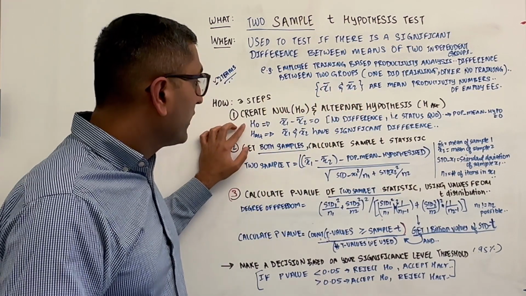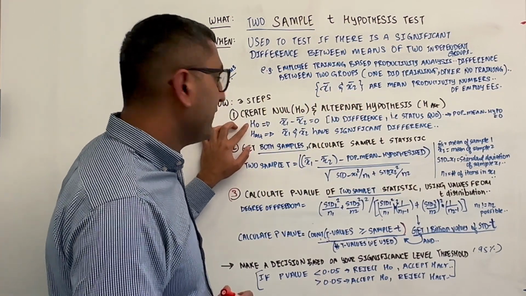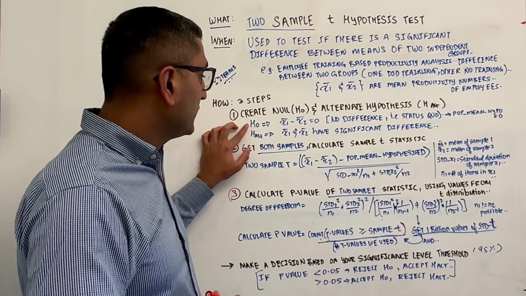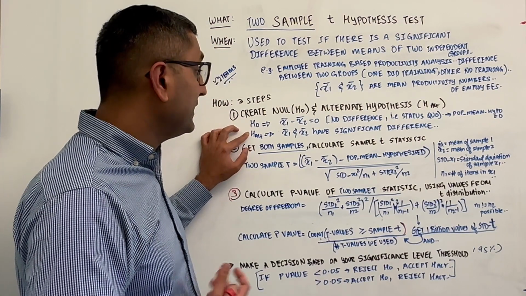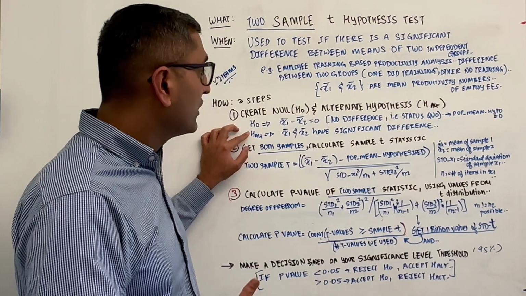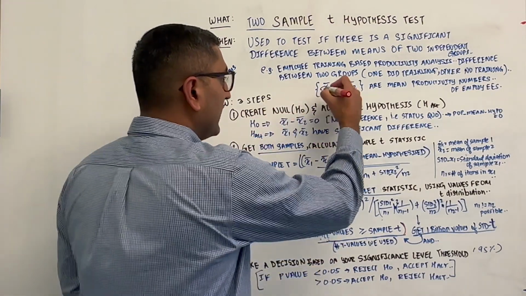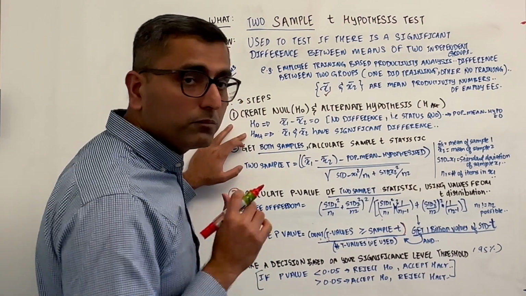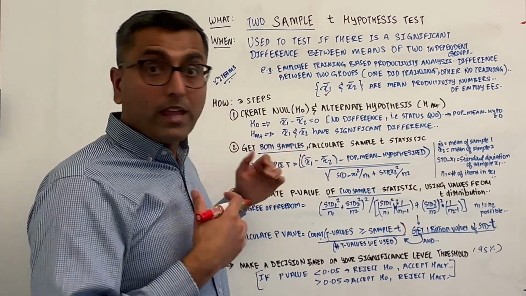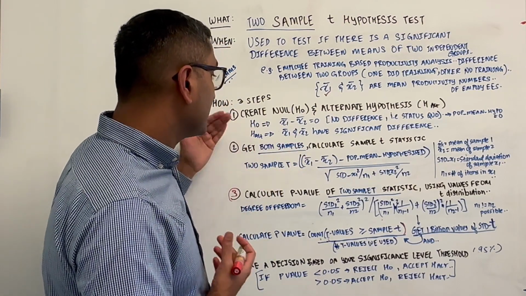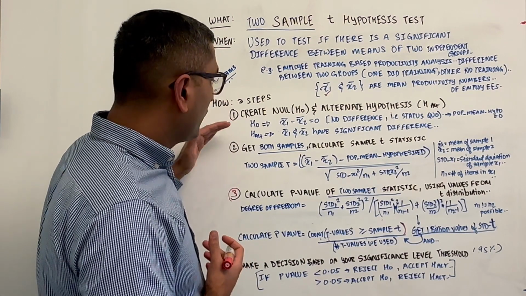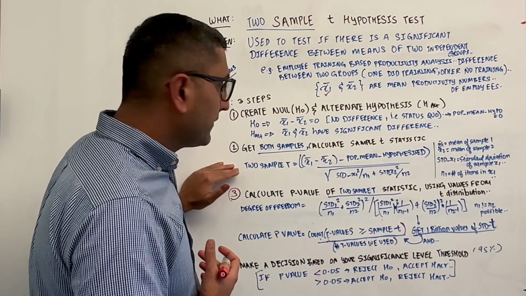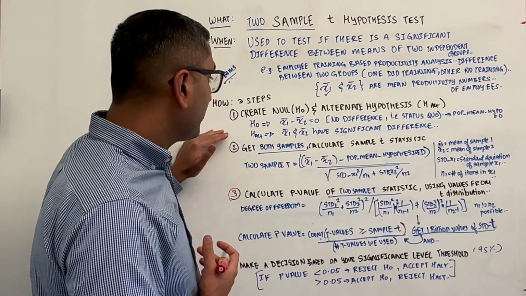So we have to find evidence against my null hypothesis to go to the alternate hypothesis, which basically says, yes, there is a significant difference. The team which did take the training had a significant impact when it comes to productivity. So then you could say that, yes, there was a big impact. The next step is we calculate